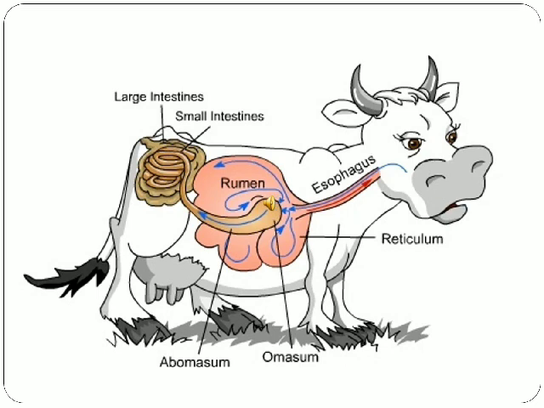In the abomasum, there are gastric juices which react with the partially digested food, and ultimately the digestion is completed over here. Abomasum contains certain enzymes and HCl. Once the digestion is completed in the abomasum, it sends that food into the small intestine. In the small intestine, absorption of the food takes place, and it sends it to the different parts of the body.